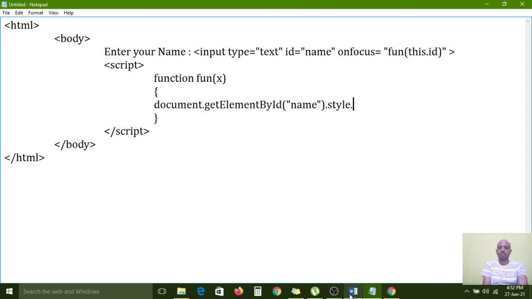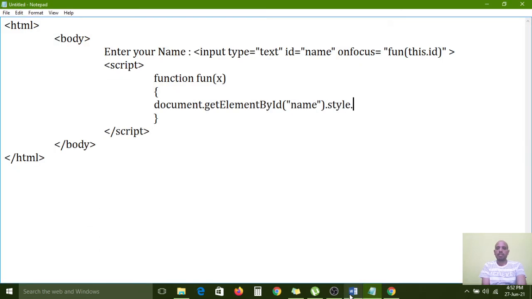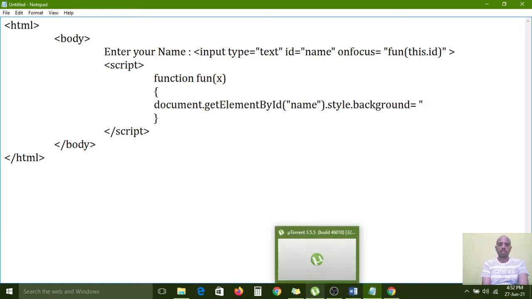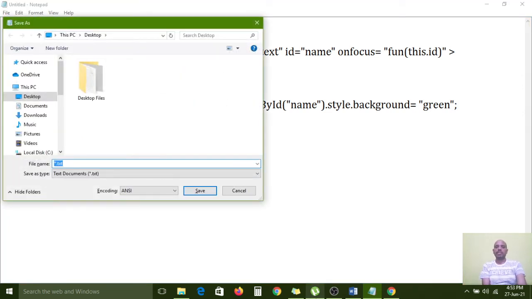Style.background, sorry, x.style.background equal to green color. So when you click on the text box, automatically it will display.